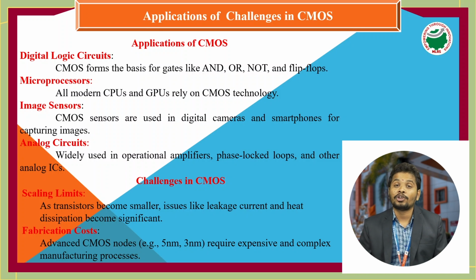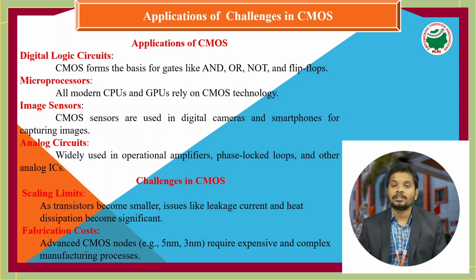CMOS technology is able to design digital circuits and digital devices. The AND gate, a digital logic gate, can be implemented by a CMOS circuit. Then microprocessors: all modern CPUs and GPUs rely on CMOS technology